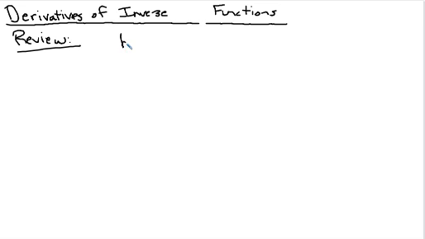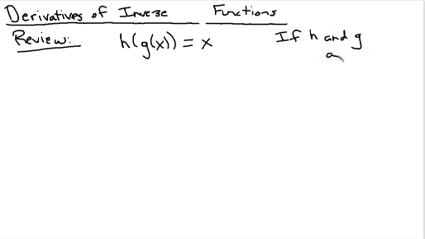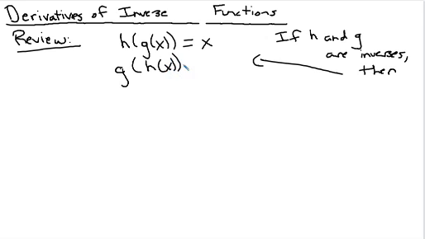First, if I plug two inverse functions into each other, they always simplify to x. So if h and g are inverses, then if I plug them into each other, either h of g or g of h, they will always simplify to x. That is the first important point. The second important point